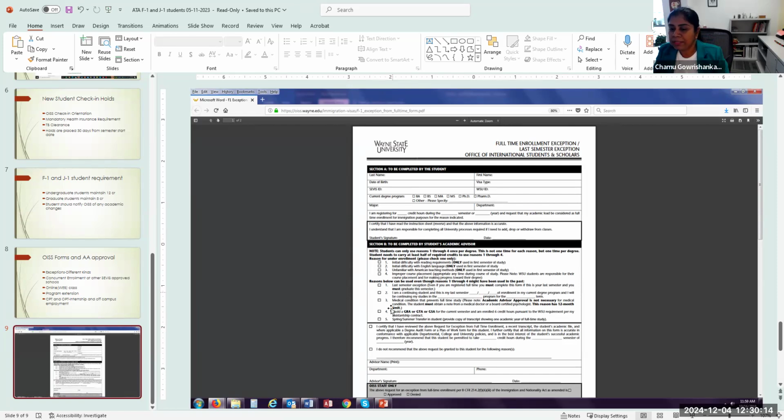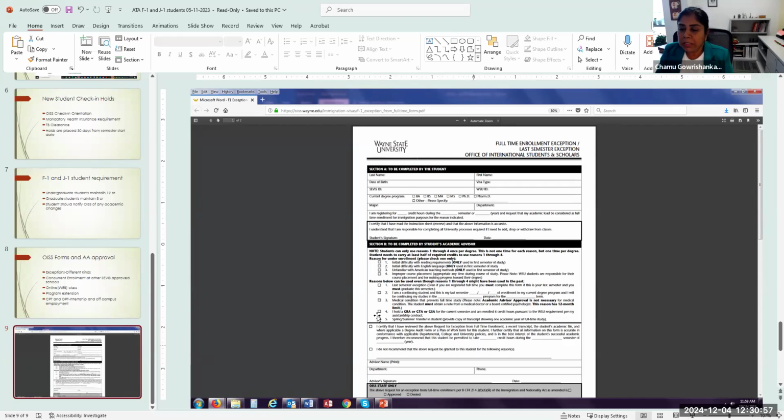And then the second set of exceptions in this form is the last semester. As I said earlier, in their last semester, they don't have to be a full 12 credits. They may not have all those classes. Probably they are left with, let's say, two classes and that's it. They'll be graduating. And out of the two classes, one can be online and one can be traditional, which is fine. But when we pull the report looking at the students' registration, we wonder why the student has only 6 credits. If we have this form approved, we know why the student is only at 6 credits: it is their last semester and they are graduating.